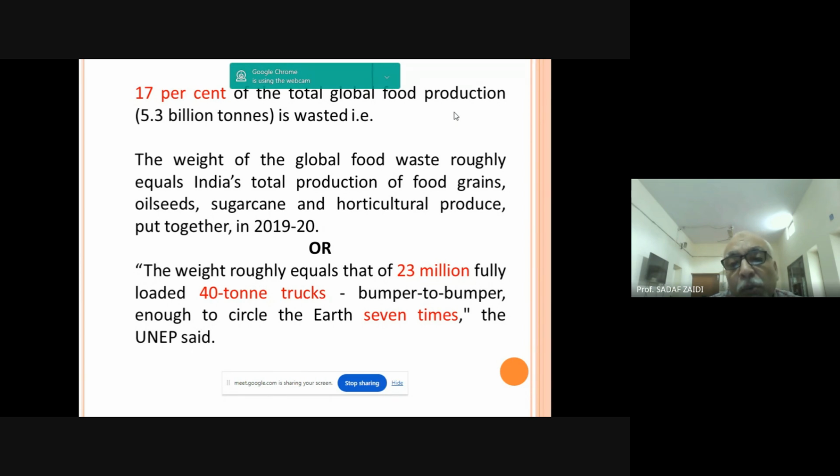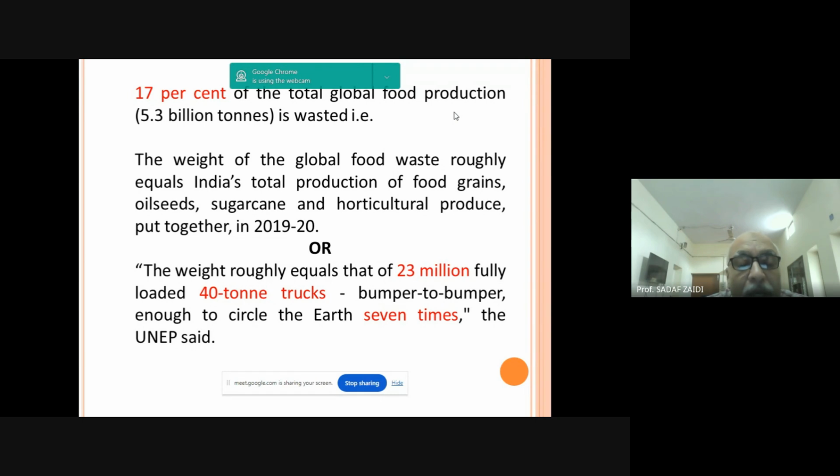India का total production जो food grains का है, oil seeds का है, sugar cane का है, horticulture है, वो सारा अगर आप उसका weight ले लीजिए तो that will equal to how much? That will equal to the food waste that was generated in 2019. ठीक है? Another comparison is that if you take this waste, 931 million tons, and you fill 23 million 40-ton